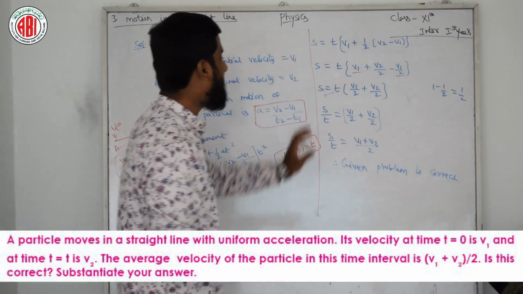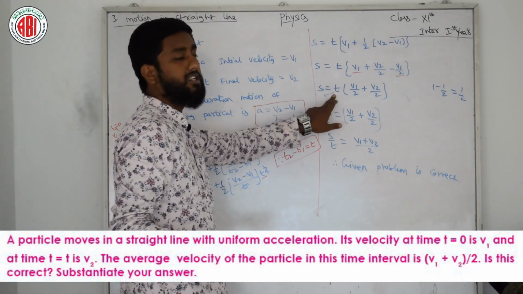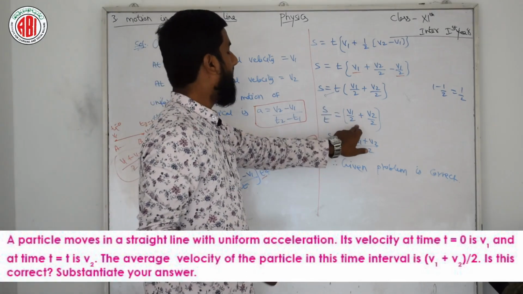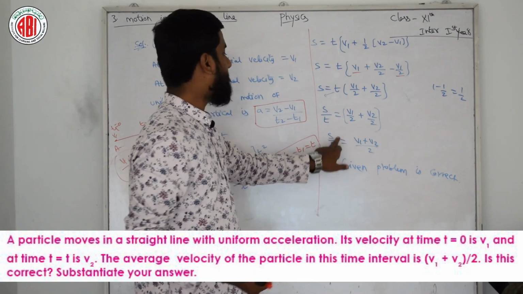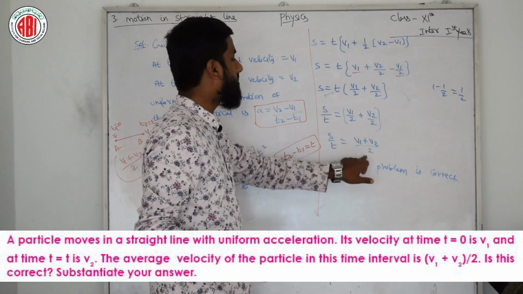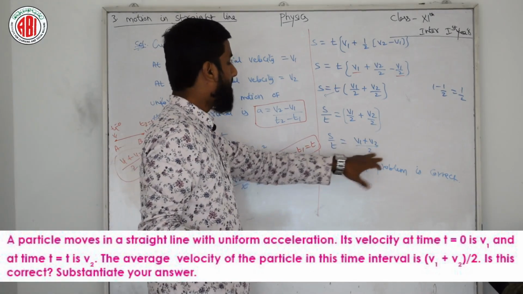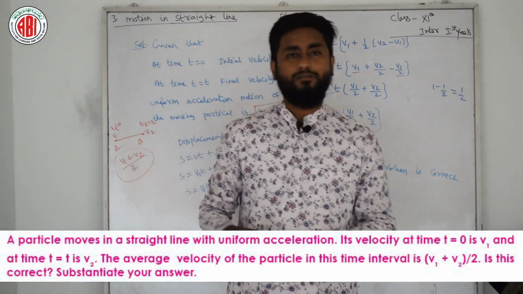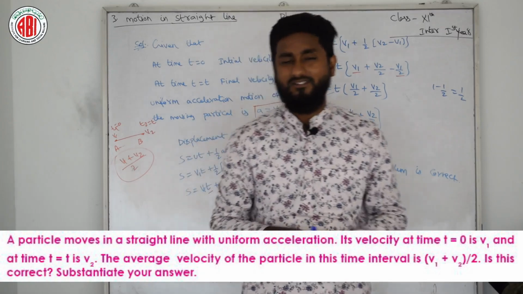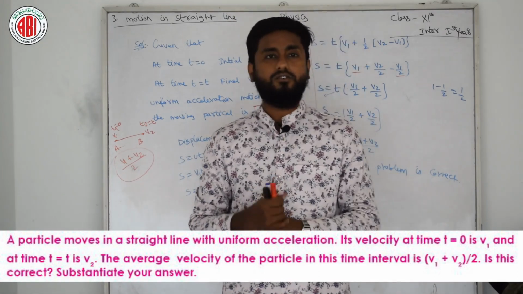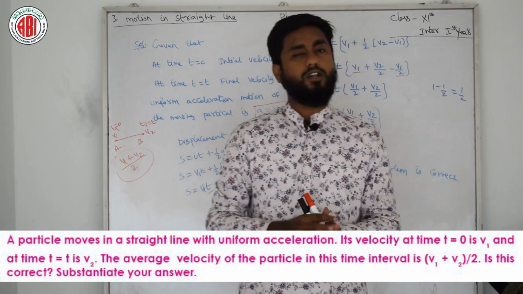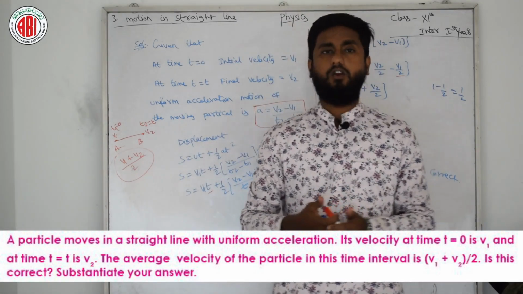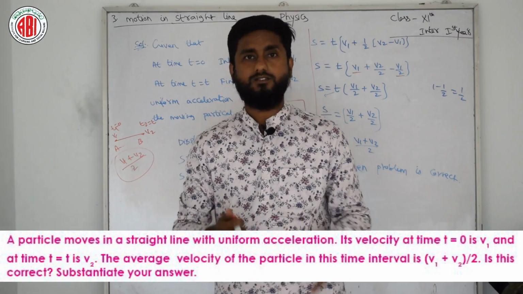After that what I did, this t goes to the denominator on the left hand side, so it becomes s by t is equal to v1 by 2 plus v2 by 2. S by t is equal to, here I am taking 2 as common, that is v1 plus v2 by 2. Therefore the given problem is correct. So this is an easy problem, but you need to practice more than one time. As of now you can copy down this problem, the question already went from your screen, you can rewind this video and copy down the question, okay, the answer is on the board.